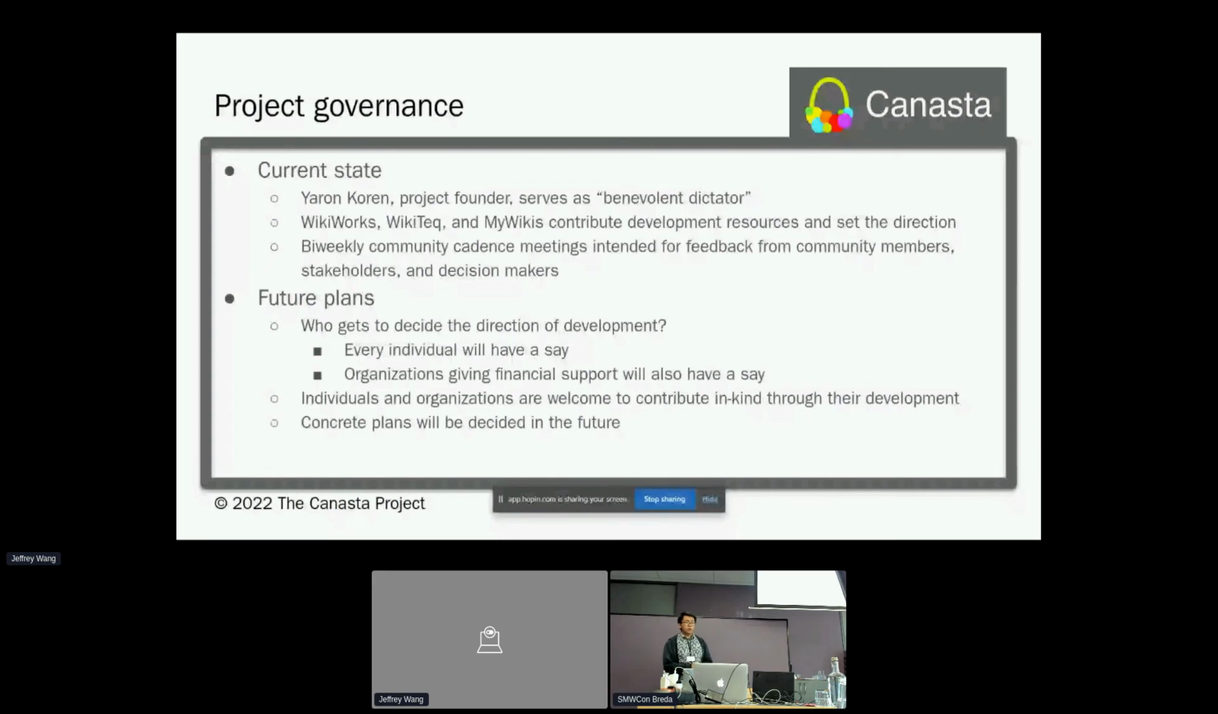I want to quickly talk about project governance before we wrap up, because we didn't really address this last time. Since SMWCon, we've had so much interest in Canasta that we have a lot of people thinking about using Canasta, and at some point, an open source project is going to need a direction in the future and an idea to decide how to do it. So at the moment, our current governance structure formed from the early contributors to the Canasta project. As you might know, Yaron Karen, who is best known as the prolific creator of revolutionary MediaWiki extensions, such as Page Forms and Cargo,